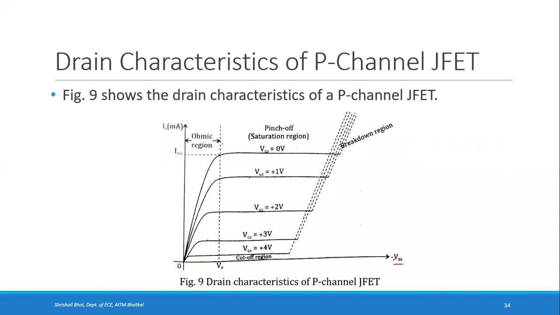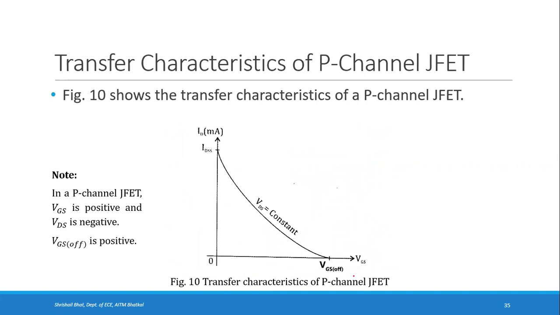Similarly, the transfer characteristic, here this will be in the first quadrant because VGS is positive. There VGS was negative, here VGS is positive. So the current will decrease as VGS increases. For a constant value of VDS, we will get this curve. As VDS increases, as VDS becomes more negative, you get the curves below this. So that way. This is the value of VGS off at which the current becomes 0.